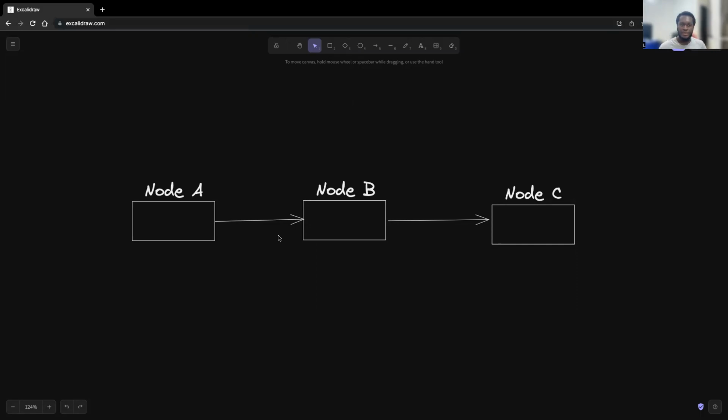In an array, you need a certain block of memory, and the addresses are contiguous. So you can do some bit operations on the first address to retrieve the next address and the next address and the next address. But in a linked list, they are not necessarily contiguous. And so to find the next memory location, you need to keep the reference of that memory location in the